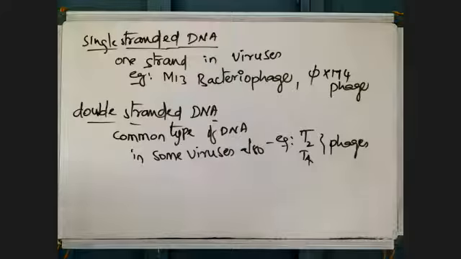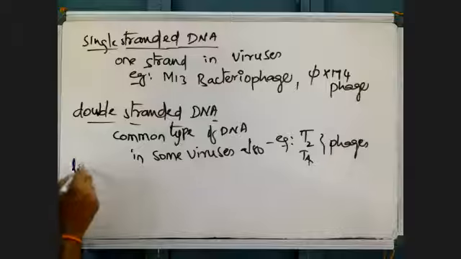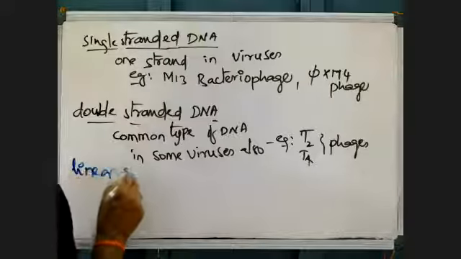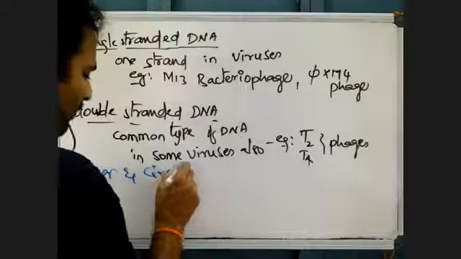Here, usually animal viruses have RNA as genetic material and plant viruses usually have DNA as genetic material. Here this DNA, what we are studying, may be present in linear and circular form also.